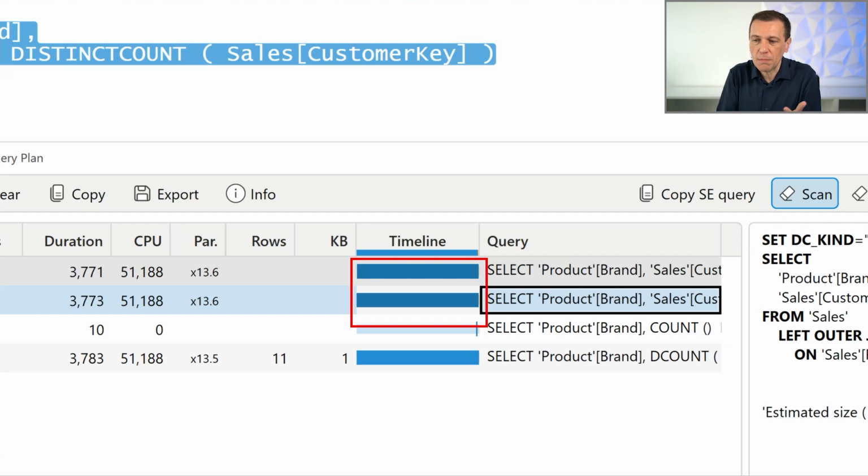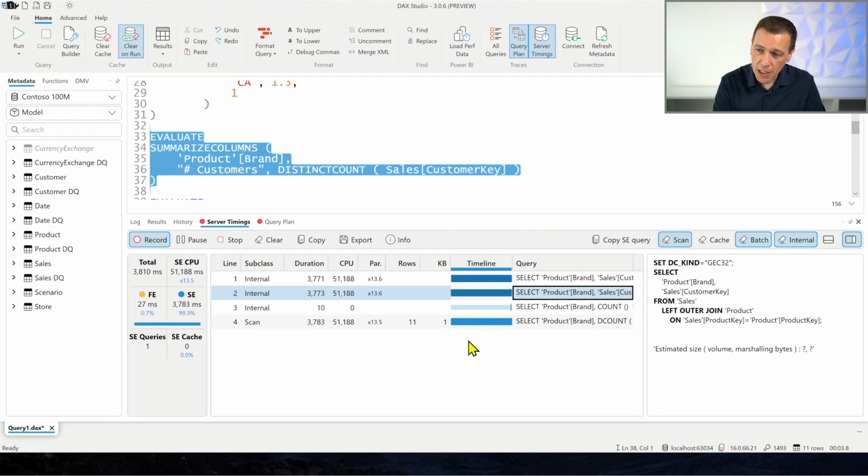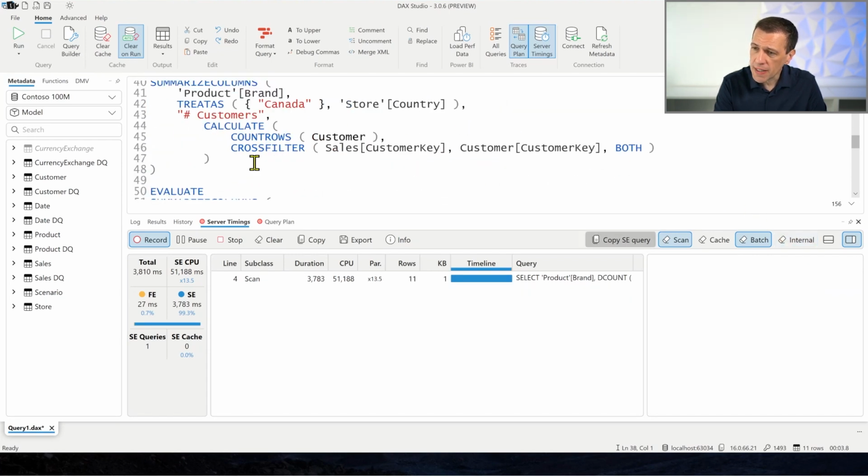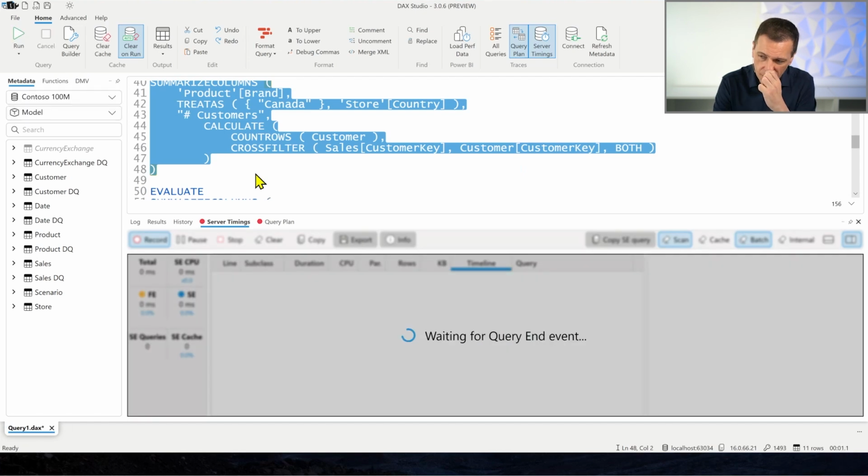So we don't have to expect that we have to sum those two numbers. It would be pretty much intuitive, but this makes it clear that we are not executing the same internal events twice. So let's move forward to other examples, because in this case we have a bidirectional filter, and the ability